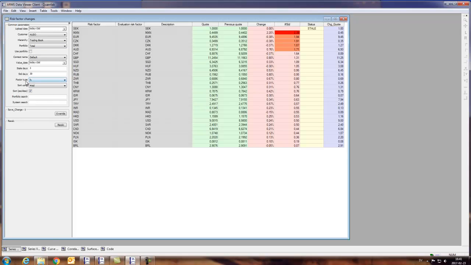Then it might be convenient to filter on a factor type. So we can see all of them: FX, yields, equity, spread, volatility, and credit spreads. So let's take a look at FX sorted by standard deviation. And this is what we have here. So we can see that red is now